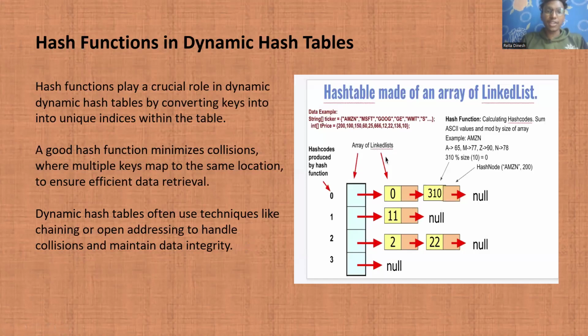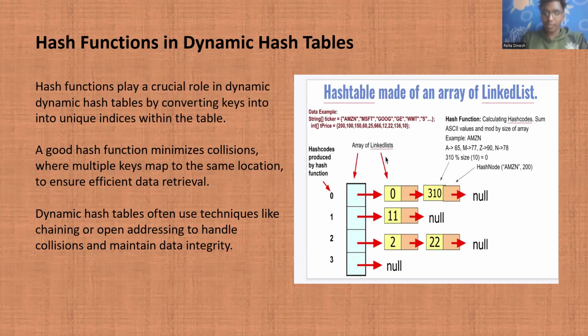Now we can see the hash function in dynamic hash tables. Hash functions play a crucial role in dynamic hash tables by converting keys into unique indexes within the table. A good hash function minimizes collisions, where multiple keys map to the same location, which allows efficient data retrieval. Dynamic hash tables often use techniques like chaining or open addressing to handle collisions and maintain data integrity. Normally, collision is nothing but